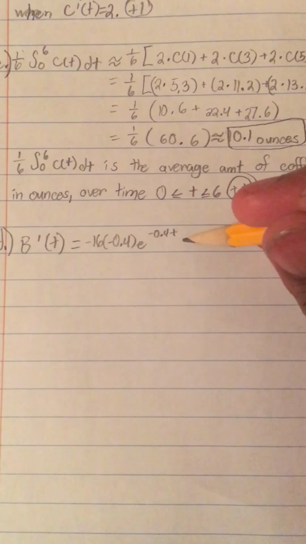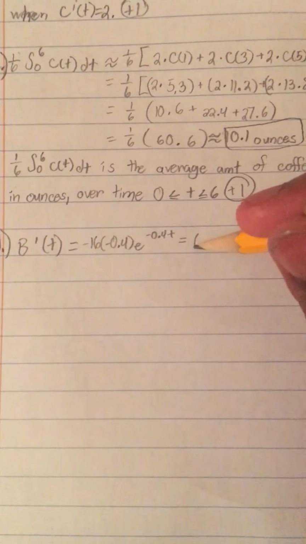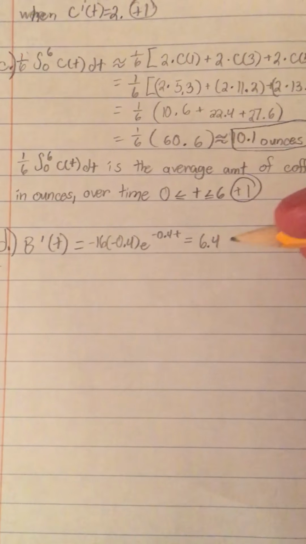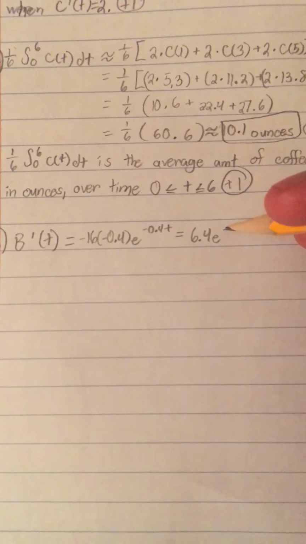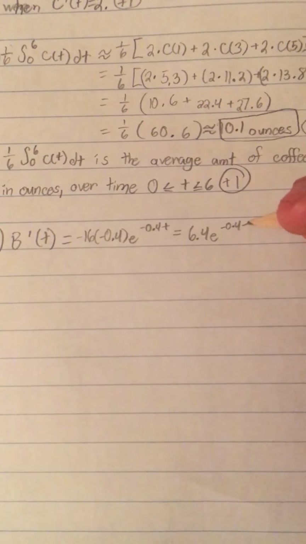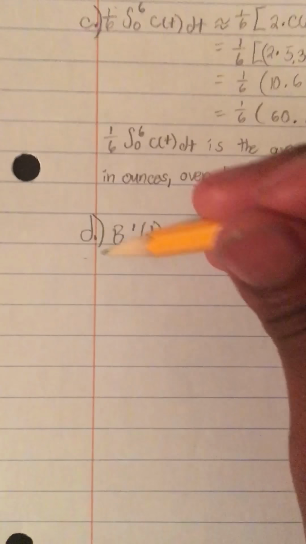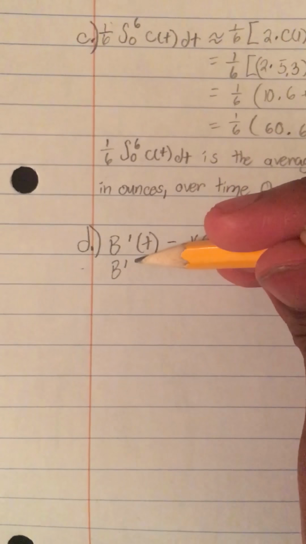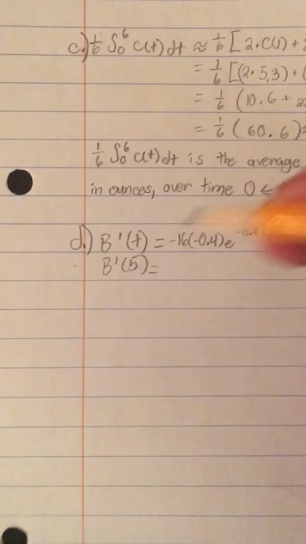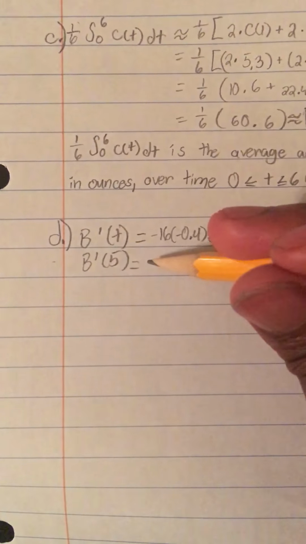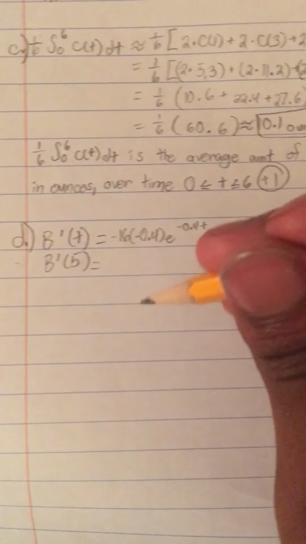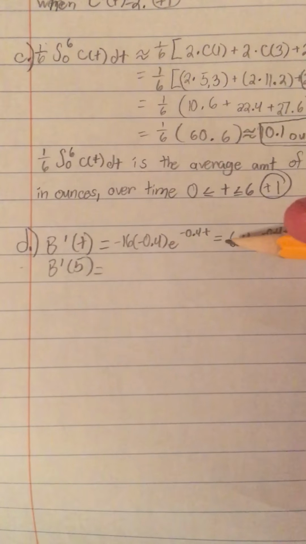Now, if you want to simplify this, you could always simplify this to 6.4 e to the negative 0.4 t. Now, of course, to solve it, we need to do it when t is equal to 5. So, of course, b prime has to be at 5. b prime of 5 is equal to, now we can use this one. So, of course, it will be,